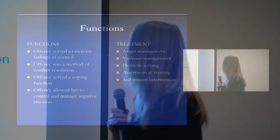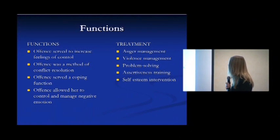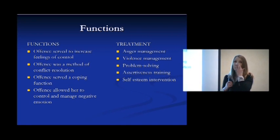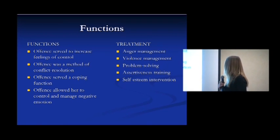So what was the function of the behaviour for her? Well, it served to increase her feelings of control. It was a method of conflict resolution. It served a coping function, and it allowed her to control and manage her own negative emotions. So for treatment, the clinician said she needed anger management, emotional regulation, violence management, problem solving, assertiveness training, and self-esteem